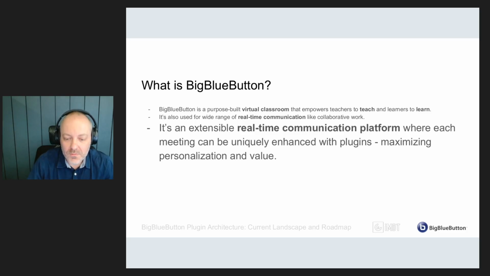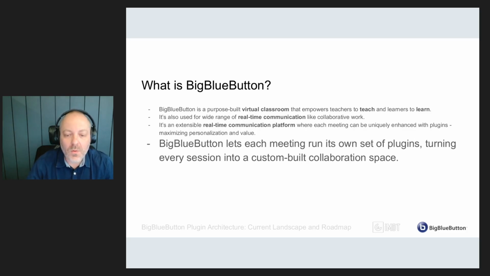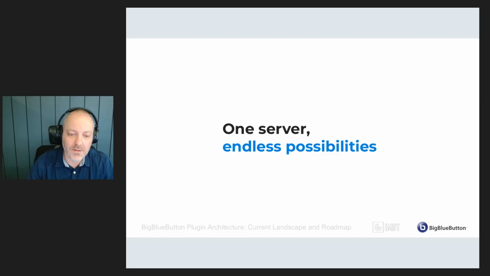And also, we can say that BigBlueButton lets each meeting run its own set of plugins, turning every session into a custom-built collaboration space. This is very important in my opinion, and the next slide will cover it in more detail. Actually, this slide, one server, endless possibilities. I will talk about it